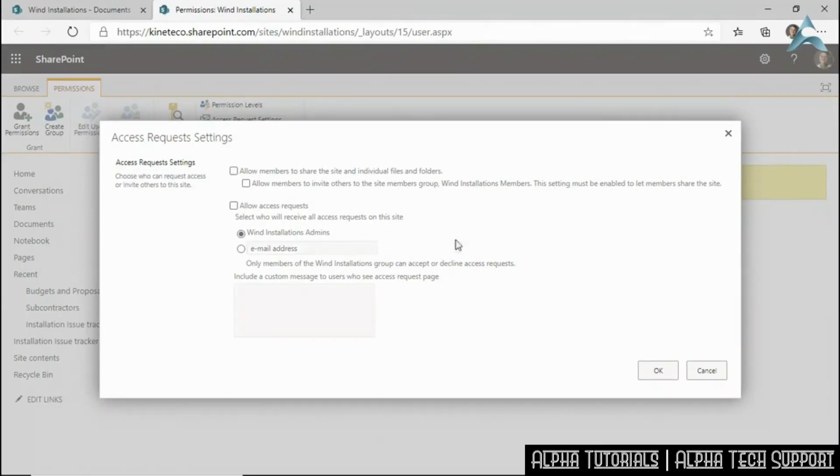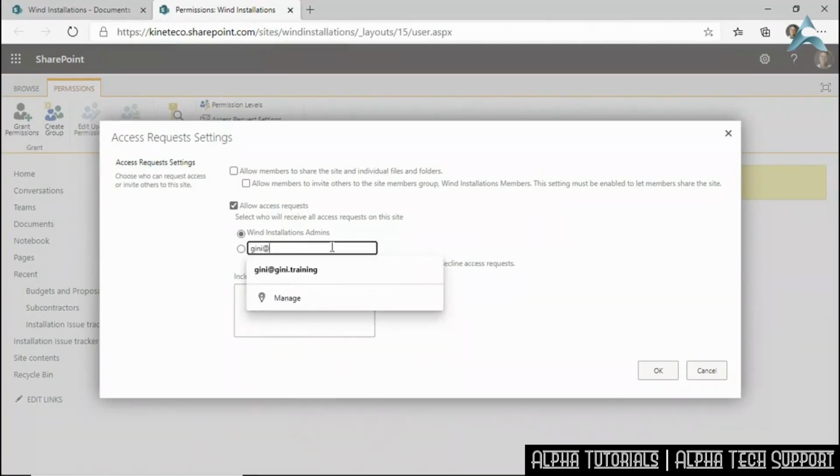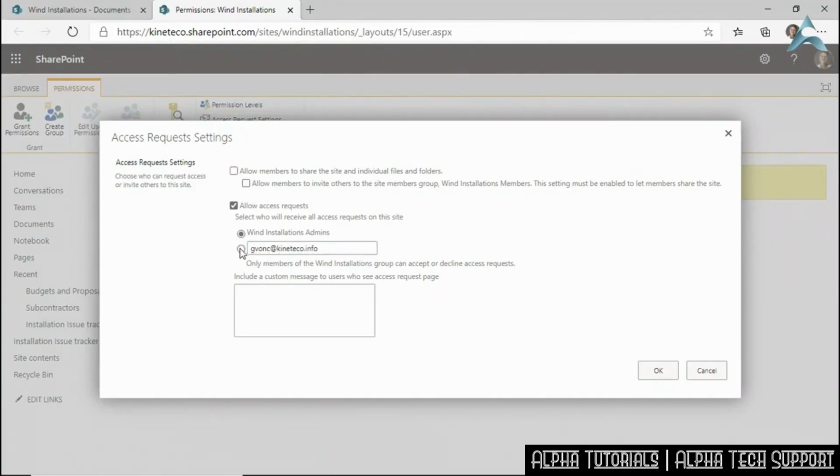And if I turn off access requests, then only the site owners will be able to add new users to the site. However, I could allow access requests and say, if someone requests access to the site, then I can say send this request to myself, I'm the site owner, or I could say simply send it to the admins for wind installations. If users then try to gain access or to share, and they want to know who they could talk to, I could say